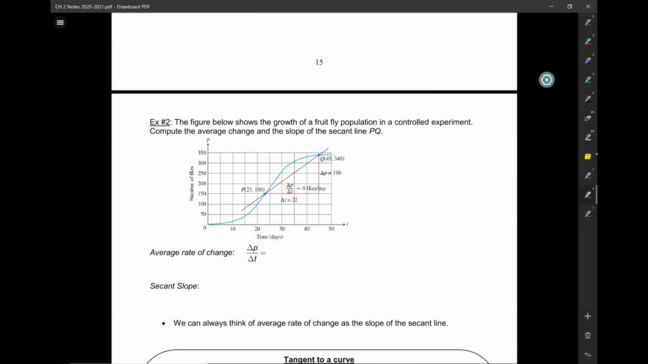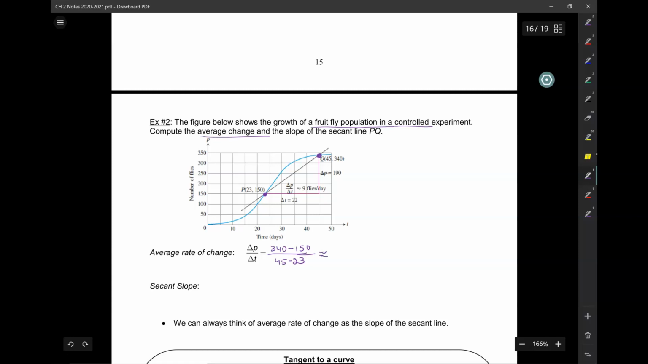In here, we have a little bit of a different situation, but it's exactly what we've been doing all along. This is the growth of a fruit fly population in a controlled experiment, and we want the average change. At one point we have P and then we have Q. So we want the average rate of change, that's f of 2 minus f of 1 and so on. So we want delta P, the change in P, that's 340 minus 150 over delta Q, 45 minus 23,